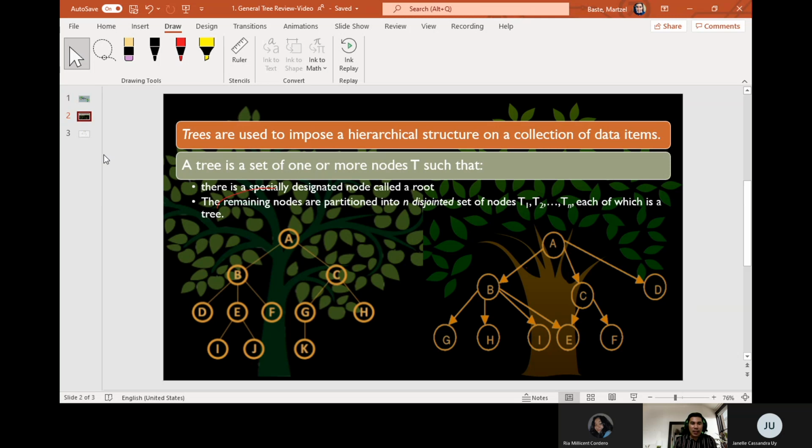As you can see here, trees are used to, as I've said, impose a hierarchical structure on data items or a collection of data items. As you can see right here, we have two figures, and the first one is actually